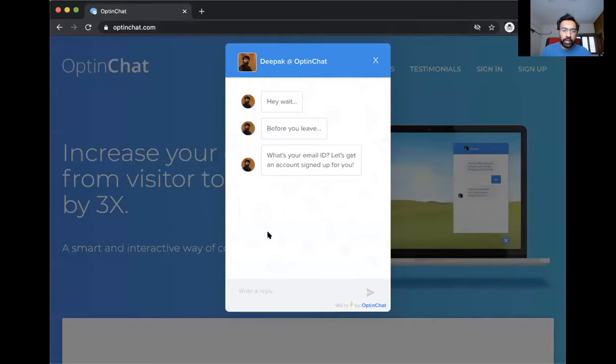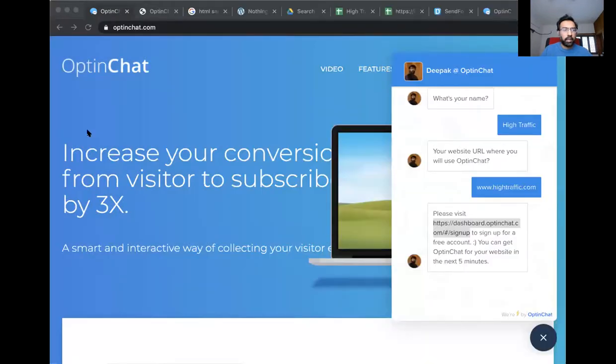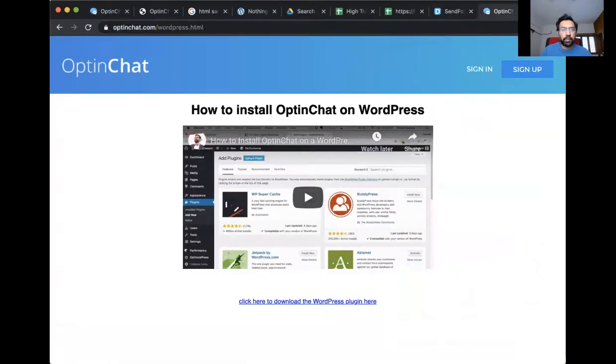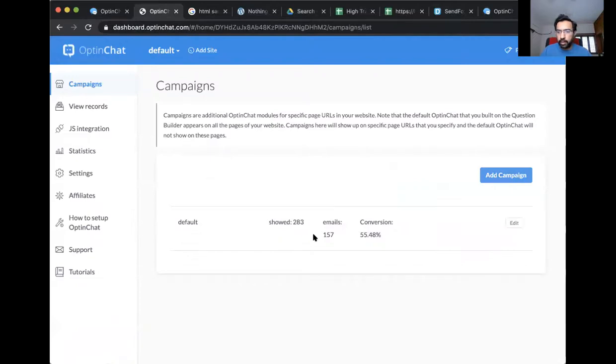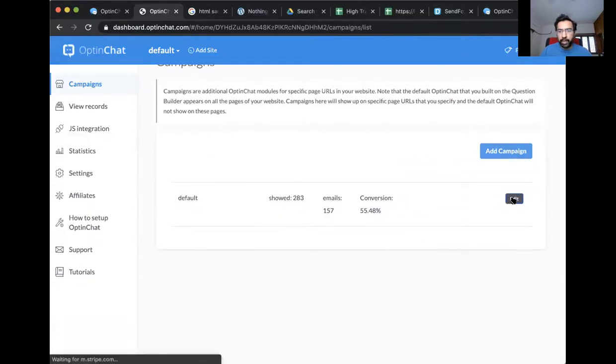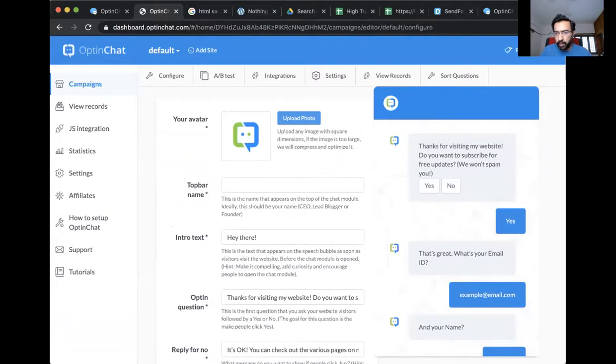Now I will show you how we can customize the entire experience. We will go back here and edit the campaign. This is a particular campaign. Anjali is saying it is a little bit rude. Do you think the exit chat is rude, Anjali? Yes, the exit chat is a little bit rude. So you can also switch off the exit chat. If you don't want it, if you think it's going to irritate the user, there is an option to switch it off.